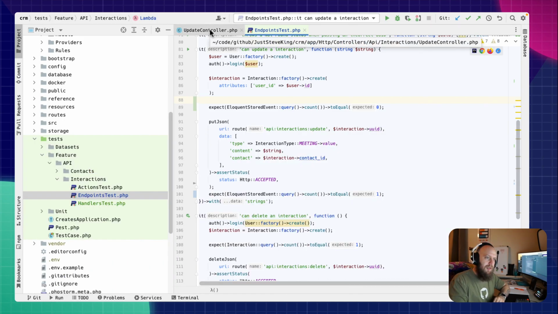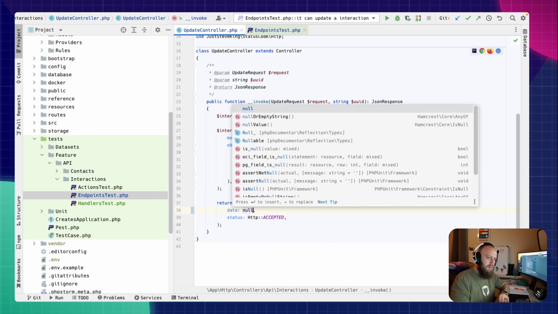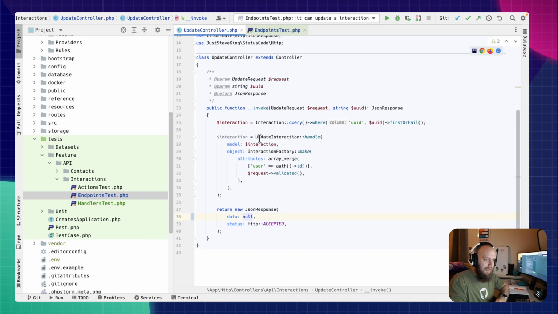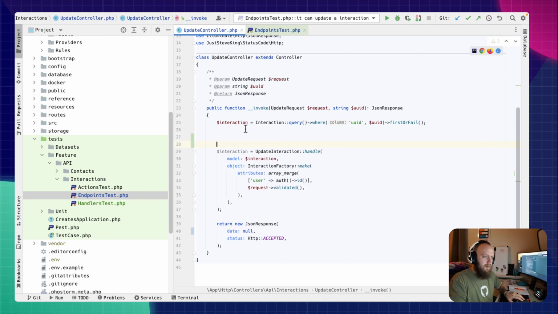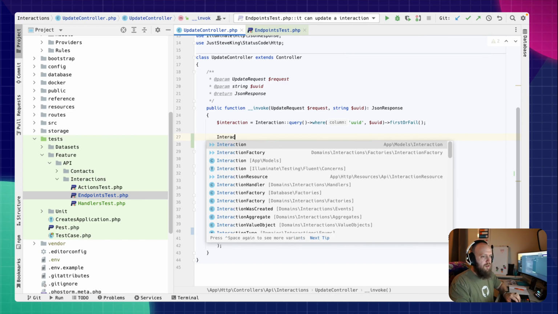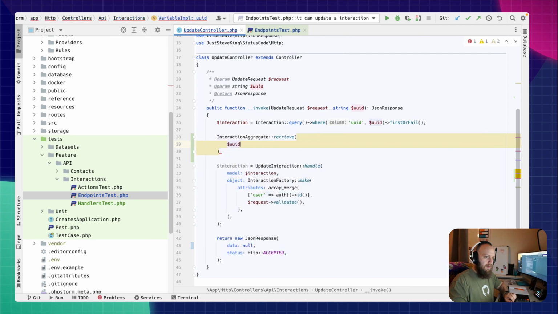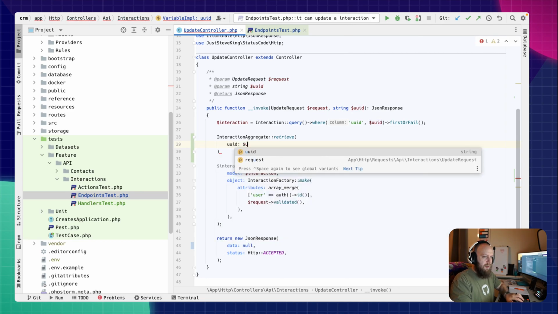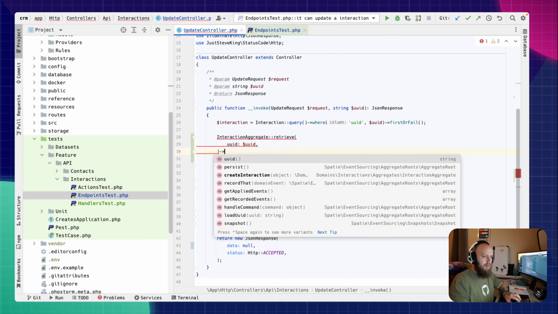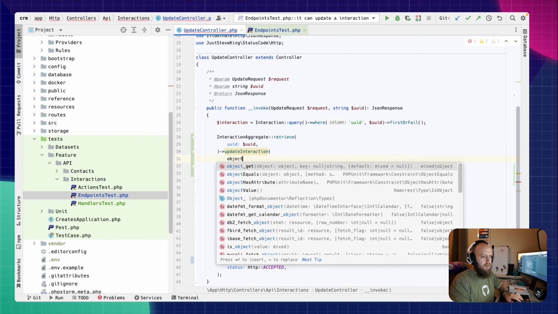Perfect. So now we can swap that for null, because we aren't actually performing the action within here. And instead, that could still fail. So what we need to do is we need to go interaction aggregate. We're going to retrieve based on the UID passed in. And this is where we want to say update an interaction, and the object